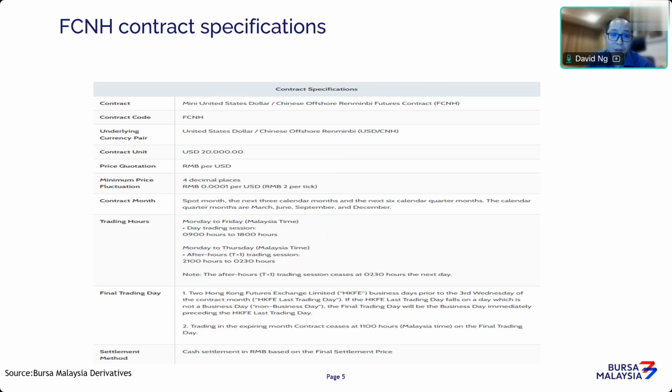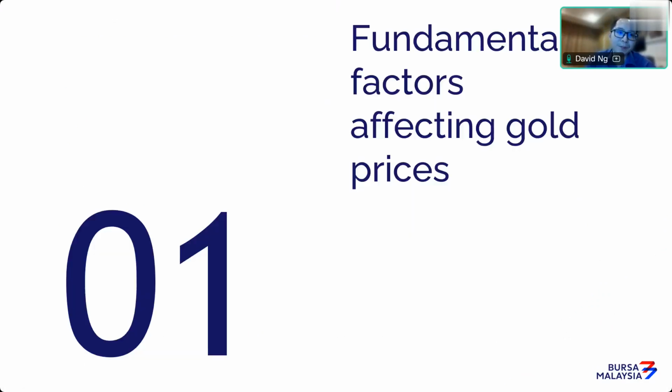It's not a physically settled contract, so in a sense you don't have to worry about taking delivery. Unlike that, if you trade palm oil futures on Bursa, it's a physical delivery contract. So you're always worried that when it's close to expiry of the contract, you make sure that you're out of the market, or you have neutralized your position. If you're not, then you stand a risk of getting a contract delivered. But you don't have this kind of risk if you are trading on a currency or even the gold contract.